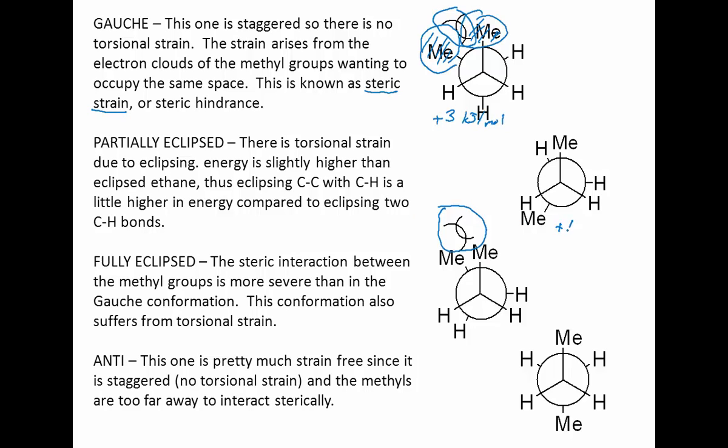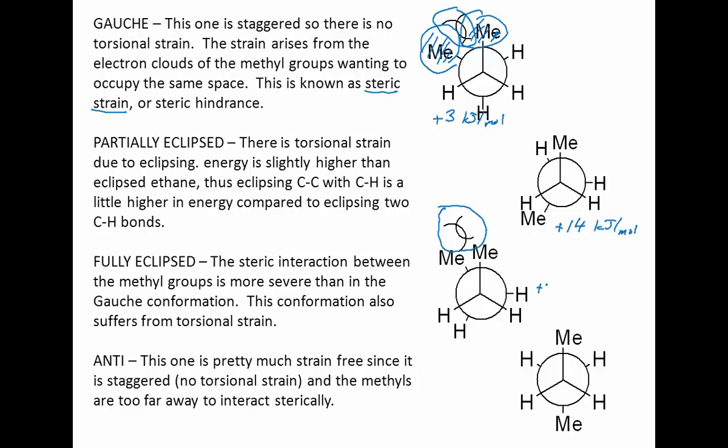This is plus 14 kilojoules per mole relative to anti. And remember, when we're looking at ethane and they were all hydrogens, it was only 12 kilojoules per mole higher in energy. Okay, fully eclipsed. If gauche is having a steric interaction, the steric interaction in the eclipse is obviously going to be a lot more severe. The methyls have become as close as they can possibly get. So this conformation is extremely